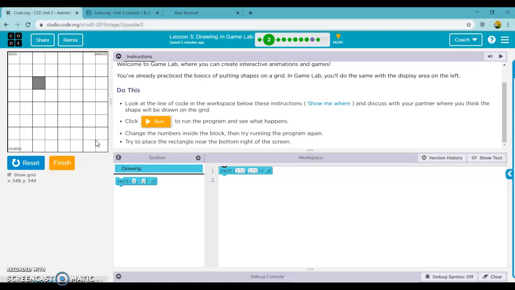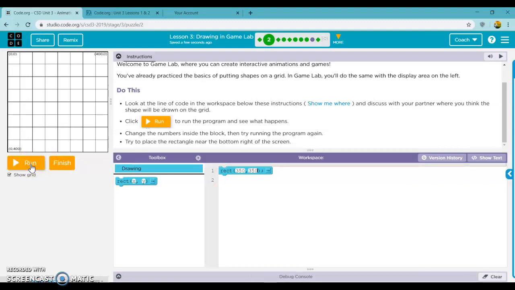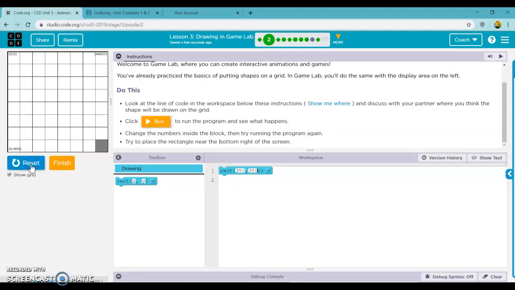So we can see with the grid down here, which you can't see unless your pointer's on the grid, that would be at 350 and 350. Okay, so if I click back here, type in 350 for the X, 350 for the Y. I have to hit reset and then run again,